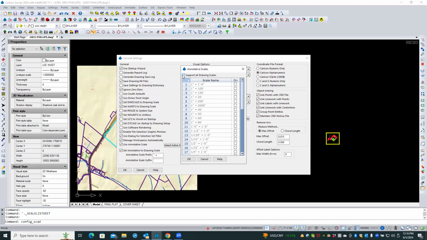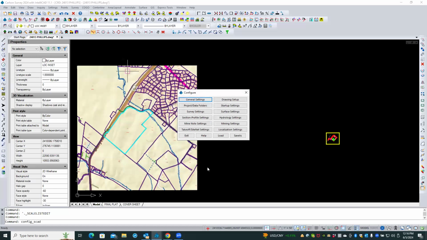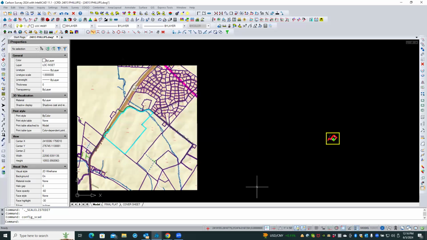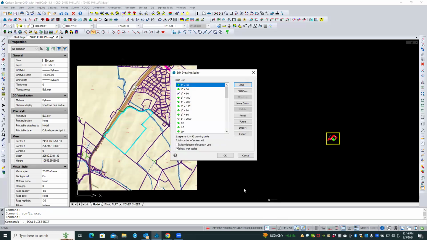Oh, it says support all. So if I uncheck that and if I did that, then that would allow. But if I say support, then it's supposed to be in there already. But I didn't see it the first time. We added it. Yeah, that's just a list